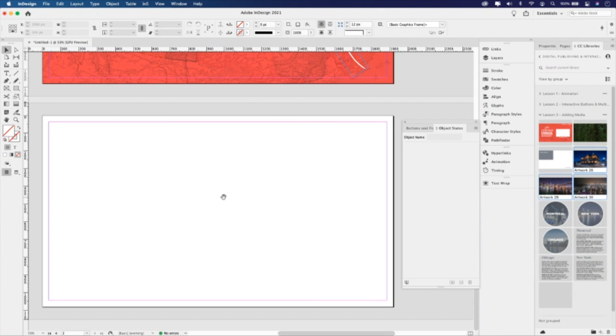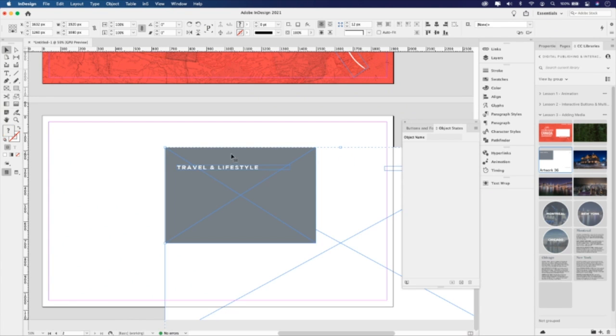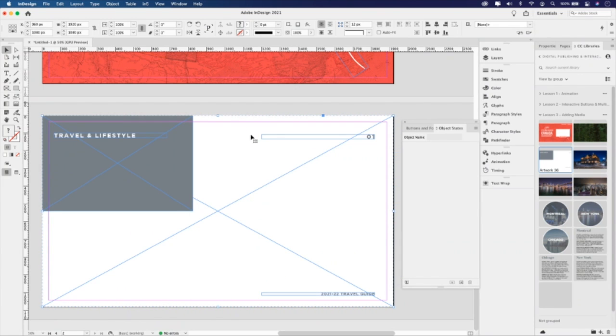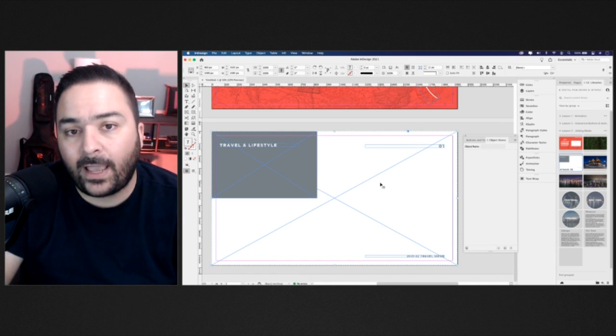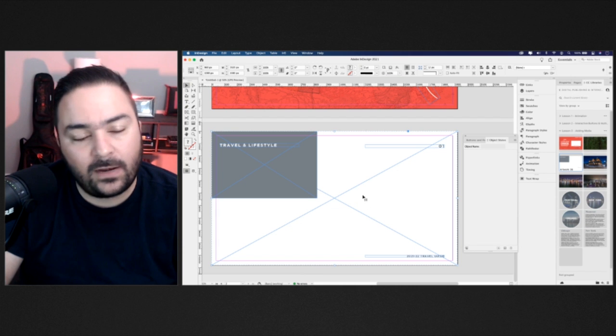For this exercise, we'll use a combination of Buttons and Forms and Object States to create a video slide. In my CC libraries, I've set up the main artwork for the page. So let's bring that in and drop it on the page, and then just position it in the center. On the left-hand side, we'll use the space to add the videos and 3 other images that will turn into buttons to trigger each video individually. On the right-hand side, we'll add some information to explain the cities that we're highlighting.